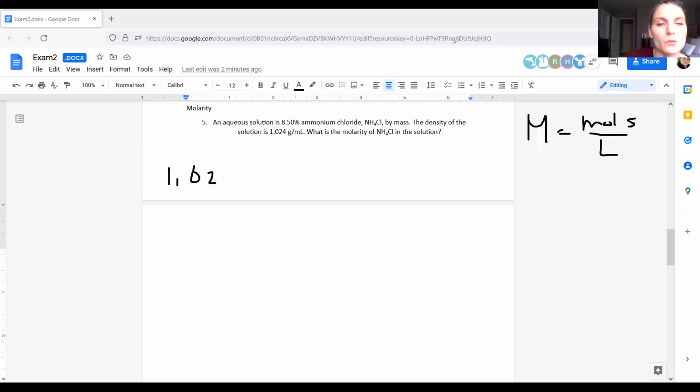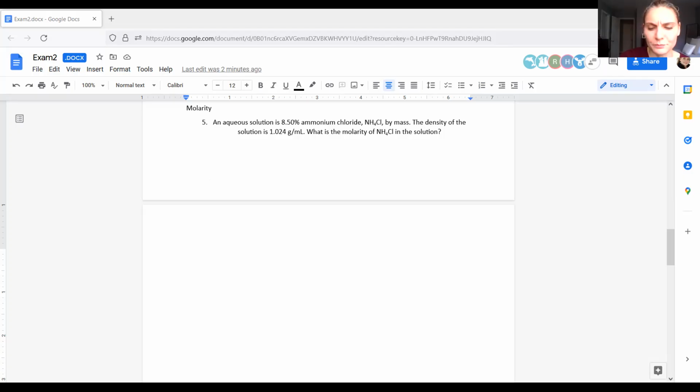Actually, let's skip this one just for right now because we haven't talked about the mass percent. I want to give you guys another mass percent with molarity. Let's put a pin in this one and I'll come back to it and we'll do another practice problem really quickly, because I want to make sure this makes sense before we do another problem. So put a pin in that one. I will bring it back.